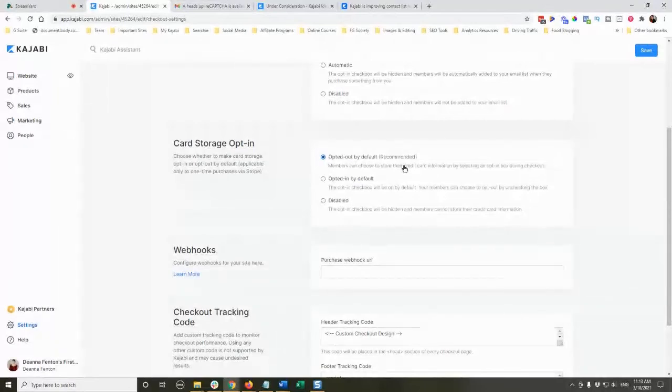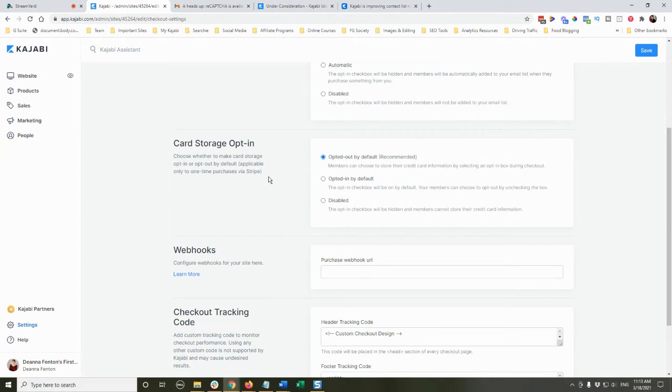They go back to buy a second offer. And what it will say is you already have an account and it will make them sign in. And when it signs in, it will also pull up the credit card that they used previously, and they can just automatically use that credit card to purchase this offer. So what they've done now, and this is only related to Stripe, is that it gives them information about whether or not they do want to store their credit card information.